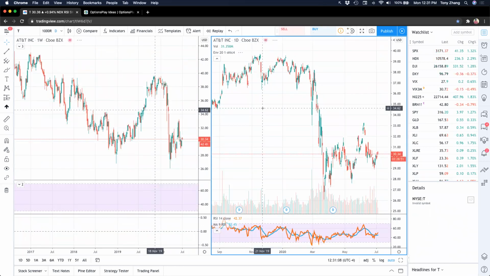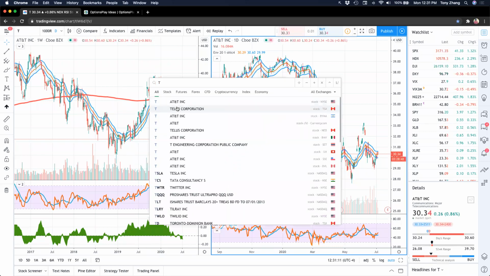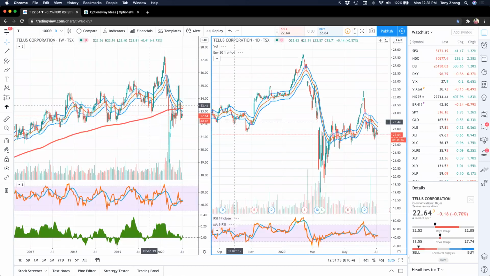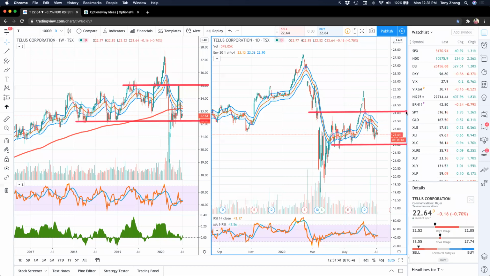Lastly, I'll take a look at Telus, just because it is one of the major names here in Canada. The coronavirus hasn't really affected this stock as much, and most of the telecom stocks are predominantly in the same camp. Telus has been a very range-bound stock for years, between 22 and 25, and right now it's trading near the bottom of that range. I will say that I don't know a lot about the fundamentals of this particular company, so it's hard for me to give much guidance or views on it, but